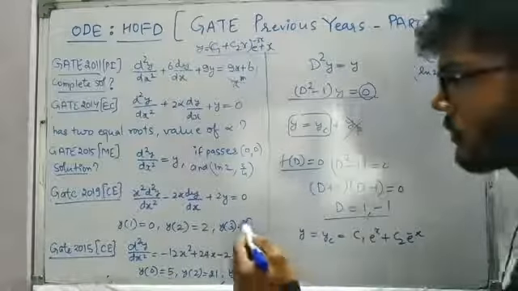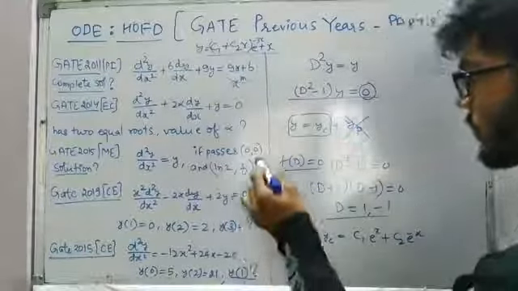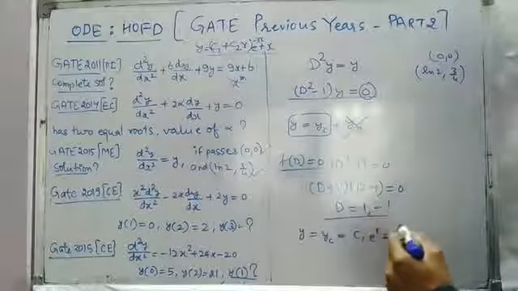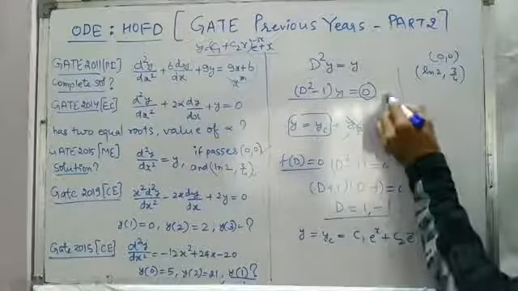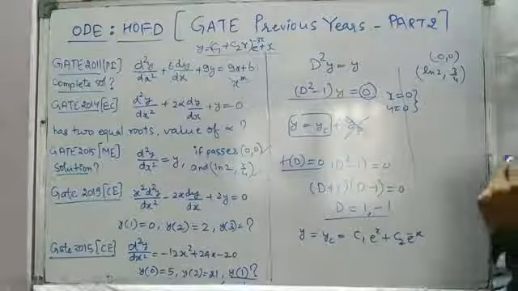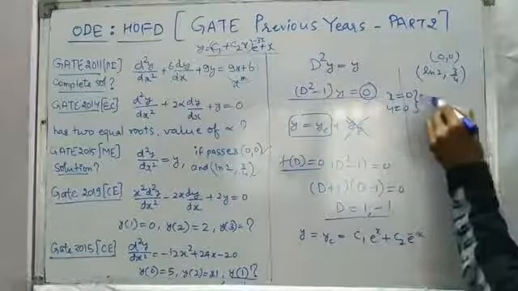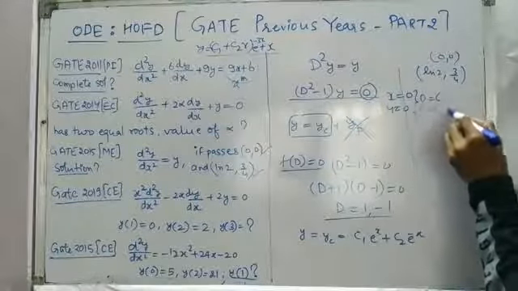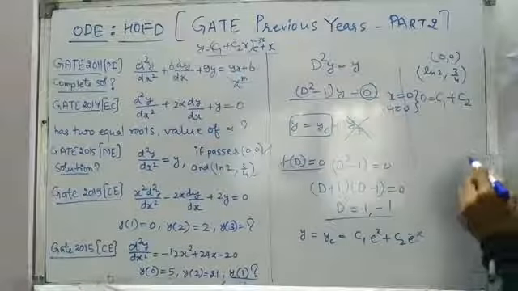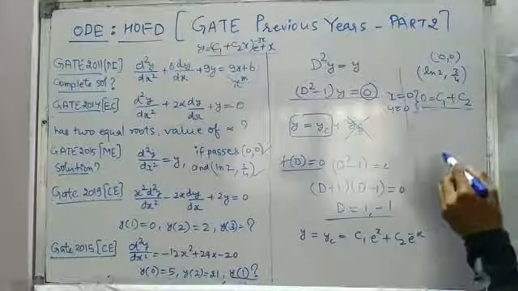And now make use of the initial conditions, like it is passing through (0, 0) and passing through (ln2, 3 by 4). So what does that mean? At x equal to 0 we have the value of y equal to 0 from initial condition number 1. So if we put y equal to 0, we have c1 e power 0, which is nothing but 1, and c2 e power minus 0, which is also nothing but 1. So we have one equation as c1 plus c2 is equal to 0.